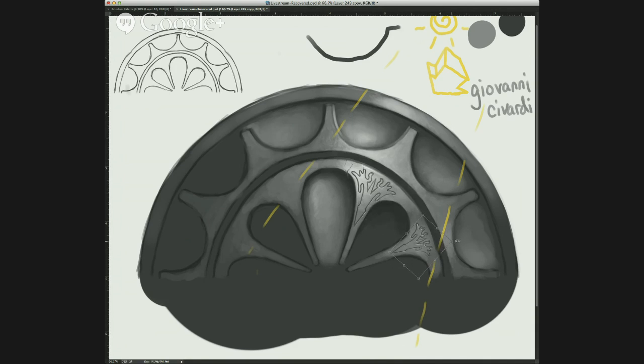Can you give some advice on where to place cast shadows? Yeah. One, I would probably look at references from life, but